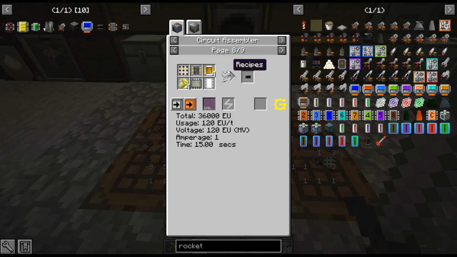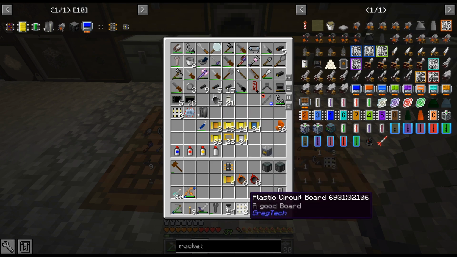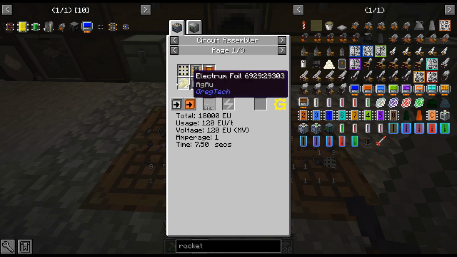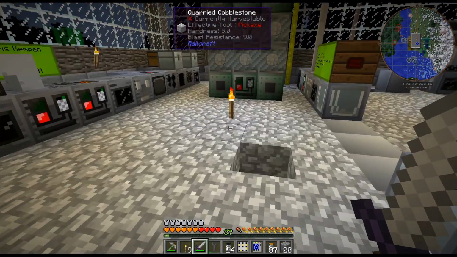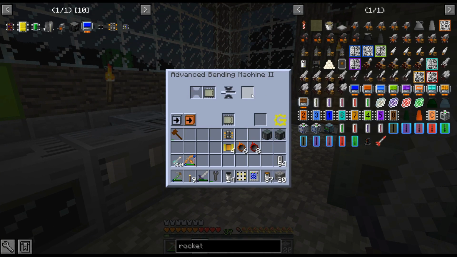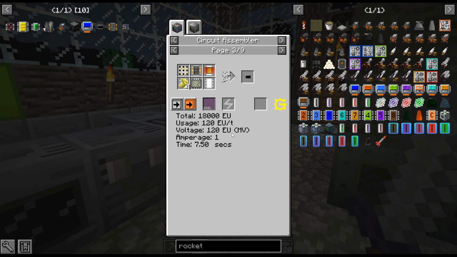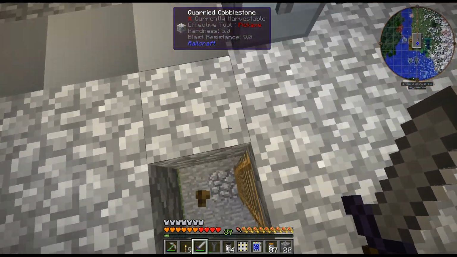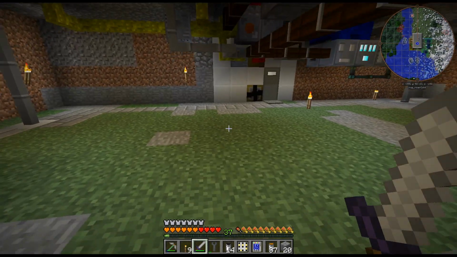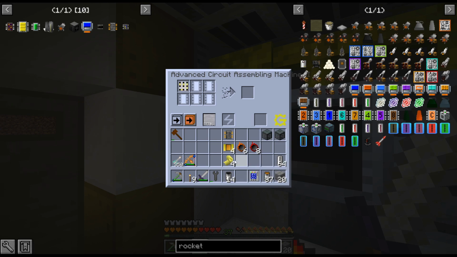4 of those. Oh, I need to make more of that. And electrum foil. Easy enough. And I hope soldering alloy is a thing. Yeah, alright, cool. Alright, so I think that's the final bit, right? For this rocket control thing. And then with that, I think we can actually...